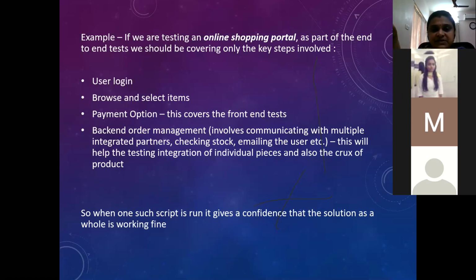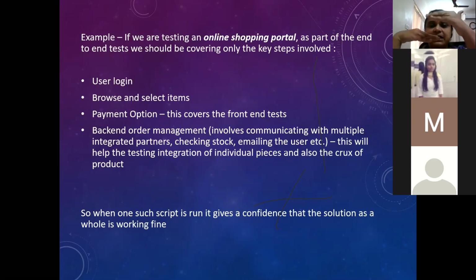What about your back end steps? Now, you also can bring in your backend management here. What all will it manage? See, like if I'm ordering an item, what are the other steps? The system should check if stock is available. For it to check if the stock is available, that system has to in fact communicate with other interfaces. Maybe they have some suppliers. They have to check the stock with their suppliers.